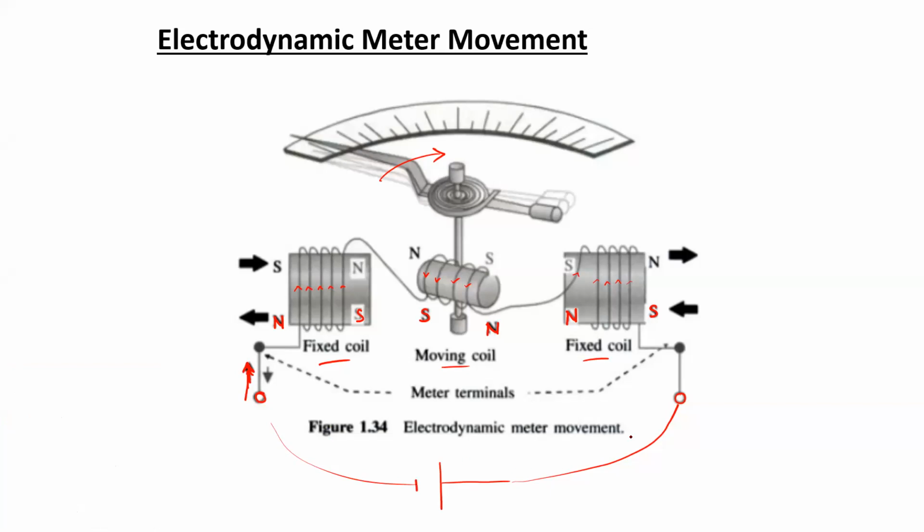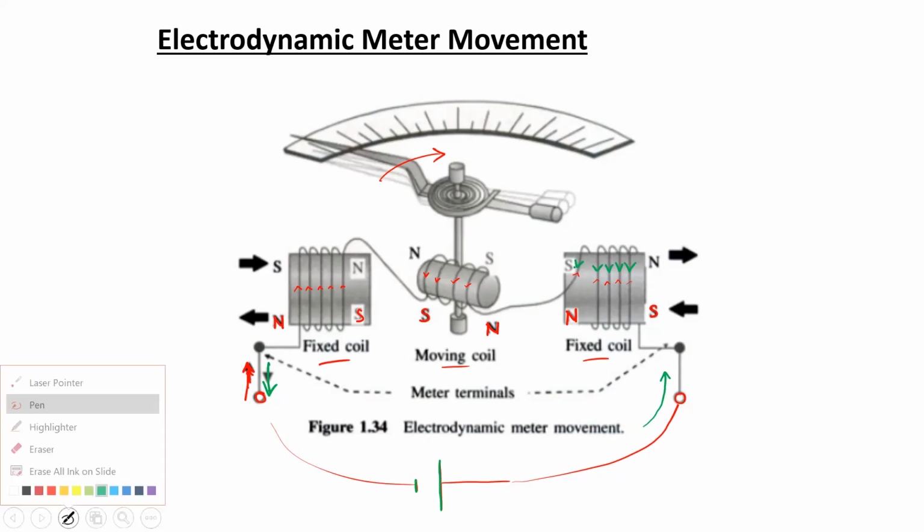So now the current will start flowing in the opposite direction, or we can say that the current will enter through this terminal and leave through this terminal. So the overall direction of current will change. So now with the reverse polarity, this fixed coil will have a current in the downwards direction as indicated by the green arrows,